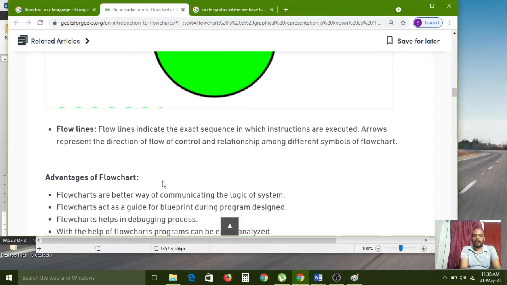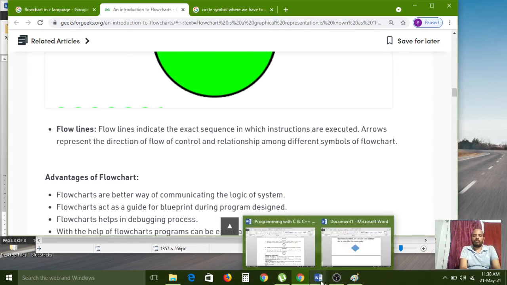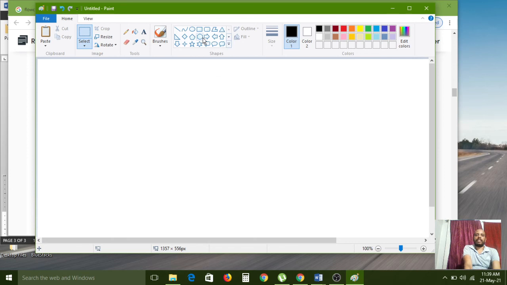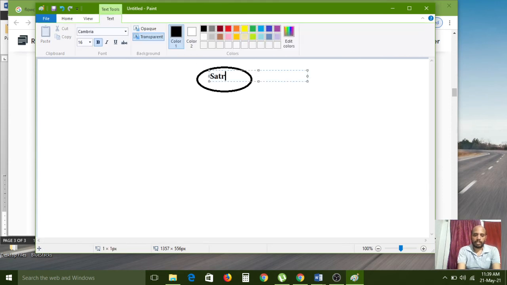For adding two numbers, I am drawing one flowchart. For that, first I am opening the oval symbol, and for starting and stopping purpose we can use this one only. Start the terminal, START.